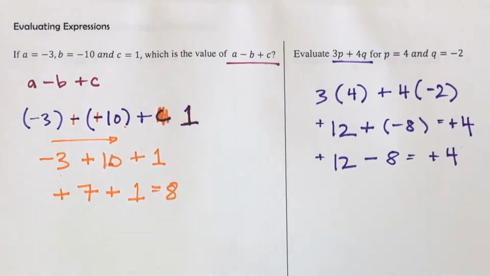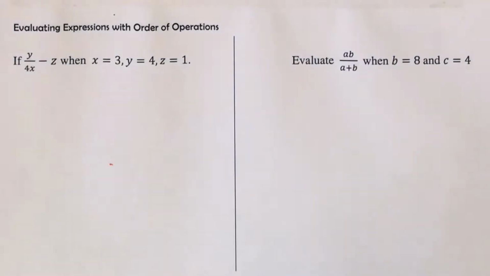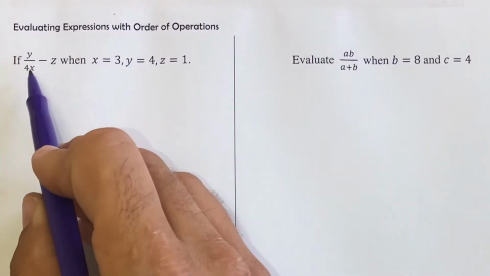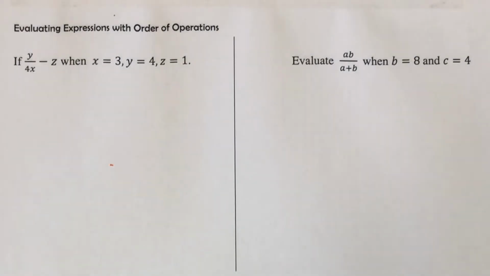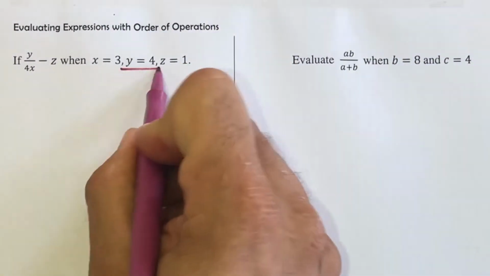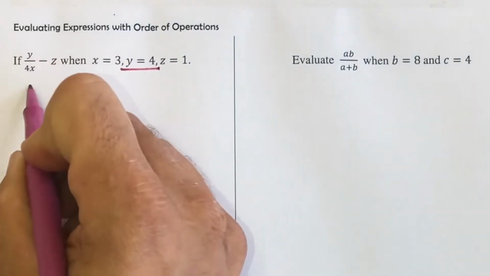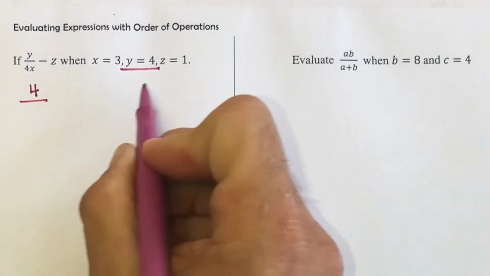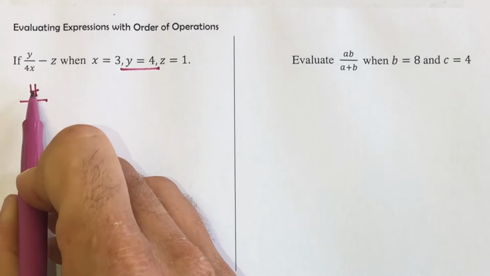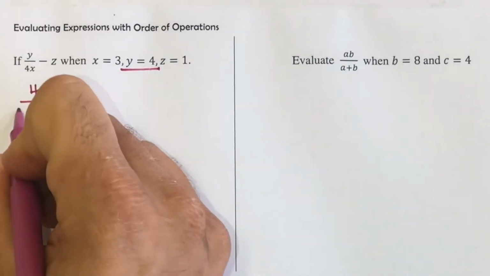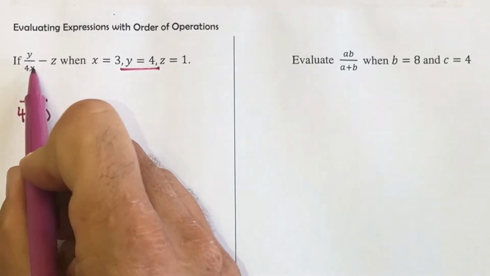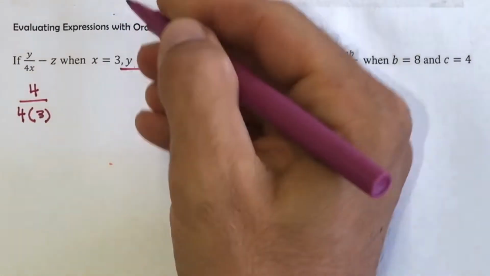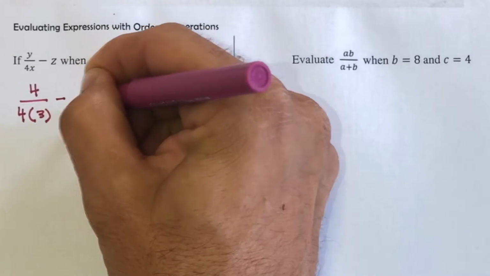Now, you could be given some expressions that deal a little bit more with order of operations. This is a question I like because it involves some fractions. Remember, in the beginning, we just want to get our substitution going right, meaning the 4 is going in for our y. I maybe won't use parentheses in this case, but I definitely would on the bottom here, because I have a number next to that variable and I want to maintain that multiplication, minus 1